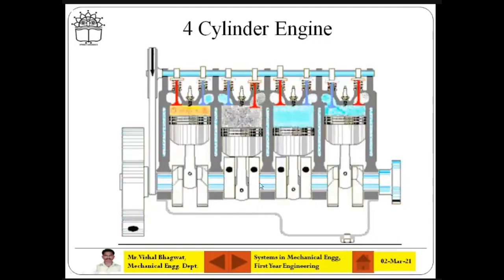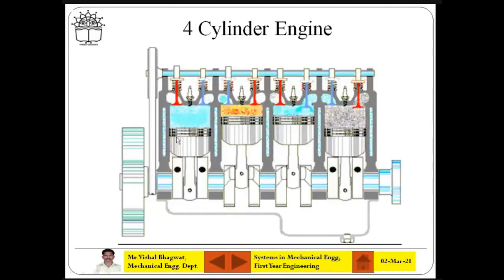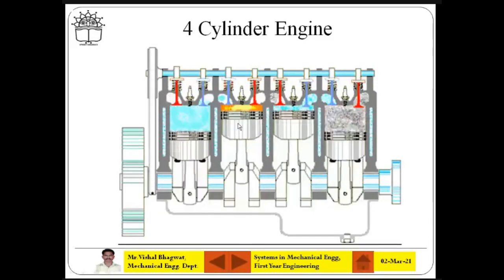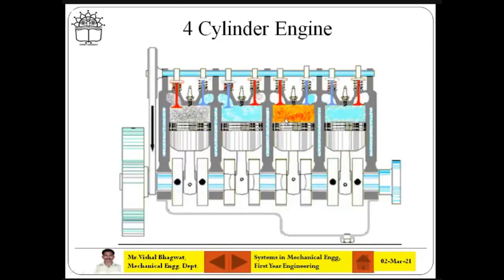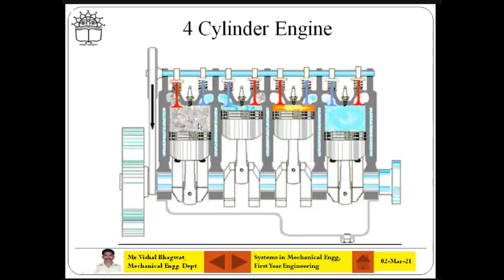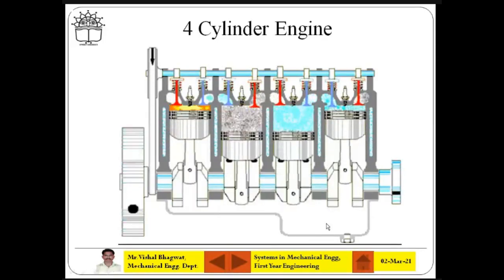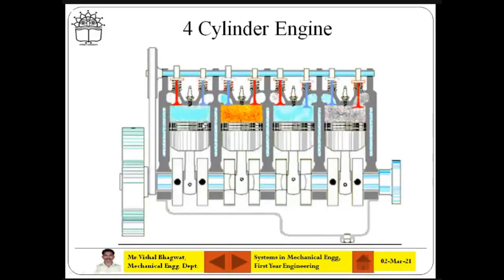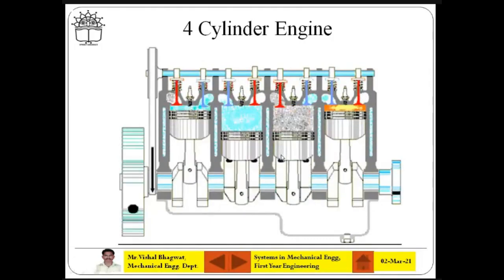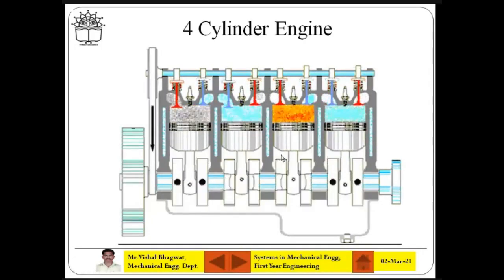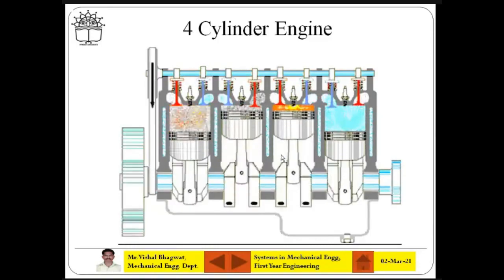That's why the opening timing of the valves and the spark of the spark plug are properly controlled, so that at a time there is only 1 power stroke out of the 4 cylinders. You see the orange color is nothing but the power or expansion stroke. So at a time it is happening once. At a time there is a suction stroke, in the 2nd cylinder maybe compression, in the 3rd cylinder expansion, and the 4th cylinder is exhaust. So that is the 4-cylinder engine.